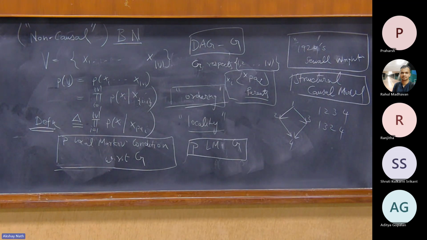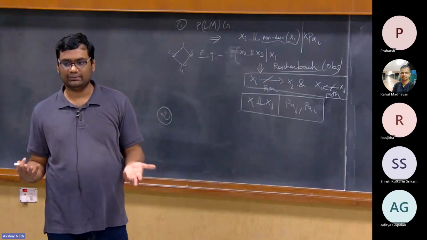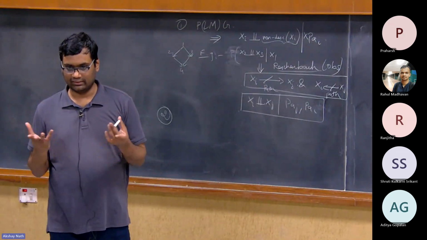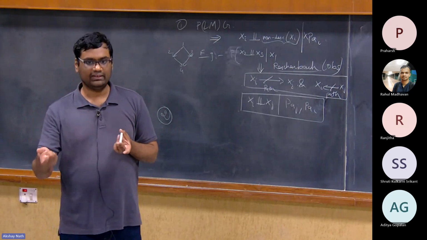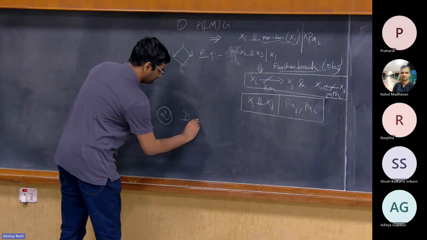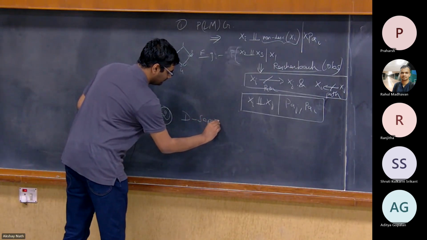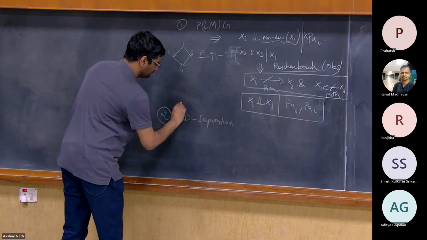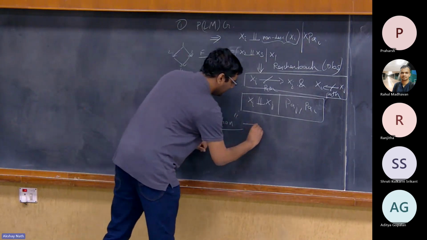Now, there's a very big theorem, very fundamental. The key point is that I only started with the factorization, and I immediately started getting non-trivial conditional independencies, and even more. So then the question is, how many more conditional independencies can you actually definitely say exist? There's something called d-separation. It's a graphical criterion.